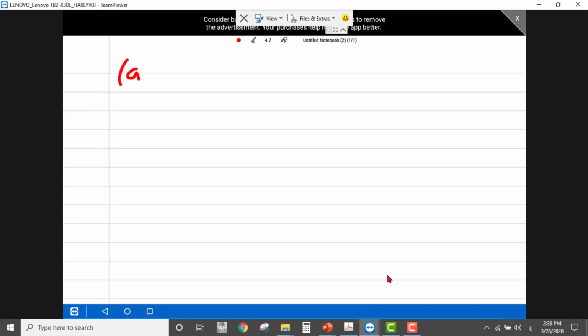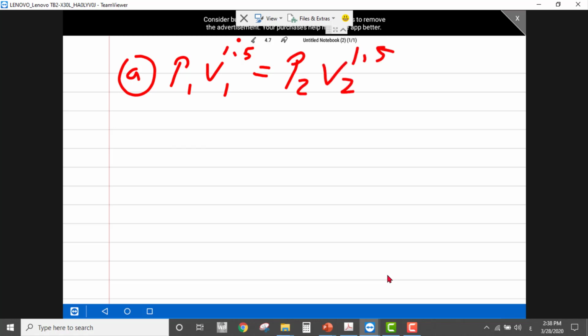Scenario A, P V to the power n, where n in scenario A equal to 1.5. So if we assume that this is state 1, then we'll have P2 V2 to the power 1.5. And before doing so, let's remember what we have. We have initial pressure P1 equal to 3 bar,